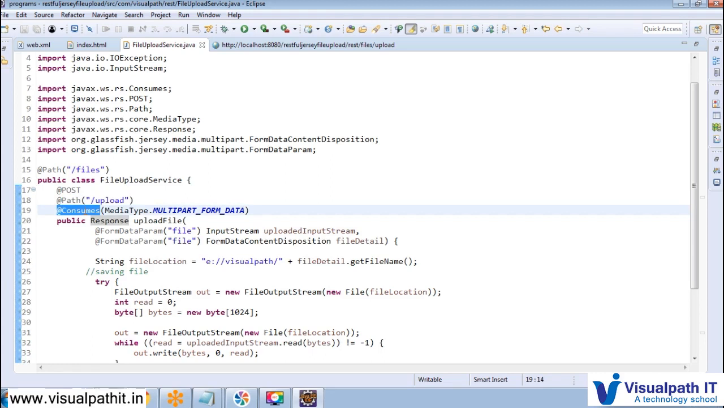Consumes: when we upload the file, we know what type of media type we are going to consume. So we are going to consume multipart form data. After that, FormDataParam, and FormDataParam as a FormDataContentDisposition and InputStream. We are using these two to upload this form. So here